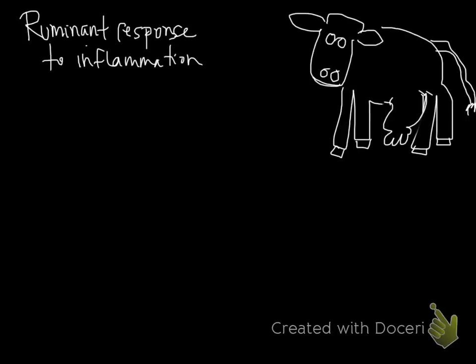So the ruminant response to inflammation is different than what we've talked about. By ruminants, I'm mostly talking about cattle. And of course, in cattle, their number one white blood cell is the lymphocyte, meaning everyone else besides cattle, so dogs, cats, and horses, their number one leukocyte, of course, is the neutrophil, but in cattle, it's the lymphocyte. But in their inflammatory response, especially with acute inflammation, we see a neutropenia, and that's because their storage pool of neutrophils